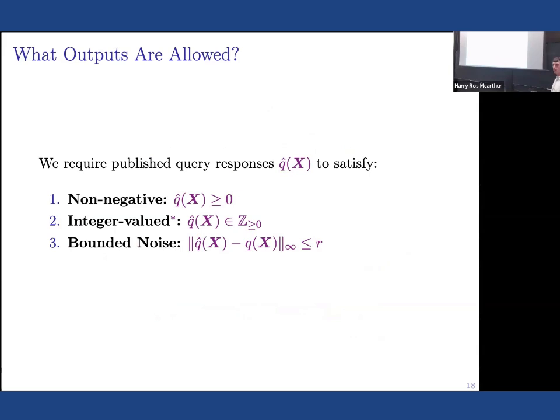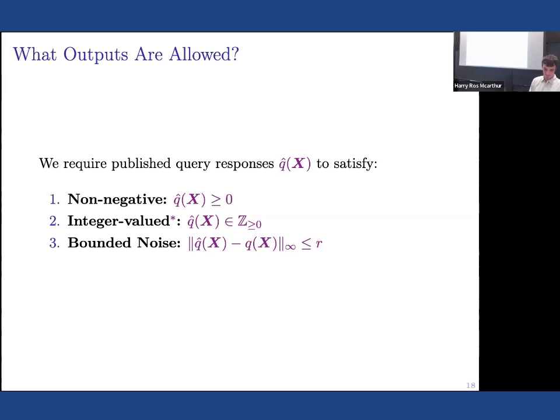We want them to be integer valued so that they respect counts. I've got an asterisk here, because some other systems around the world allow fractional outputs to be published. How many smokers do I have in Turak? 52.5. That's allowed. Whether that's a good thing or not, I'm not sure, but